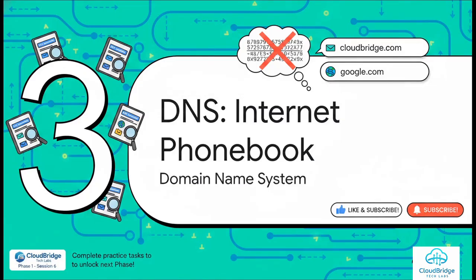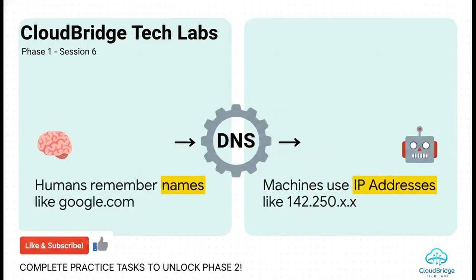All right, moving into section 3, DNS, the Internet's phone book. Think about how our brains work. Humans naturally remember names and words. You easily remember Google.com or Amazon.com. But honestly, since smartphones were invented, do you even remember your best friend's actual phone number anymore? Probably not. Machines are the exact same way, but they only use IP addresses, like